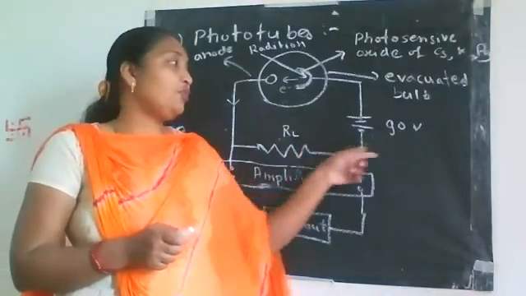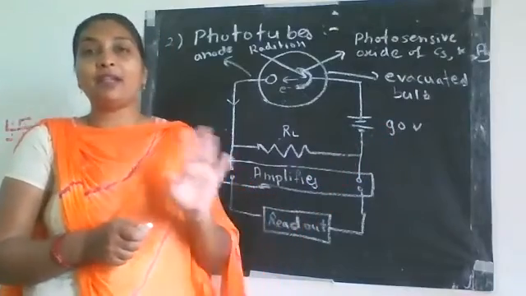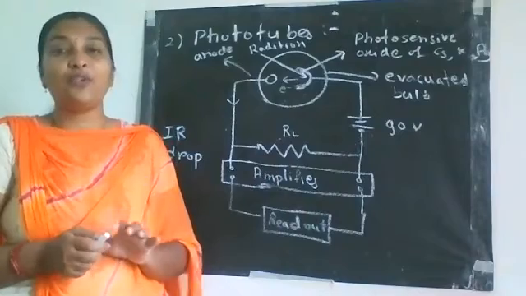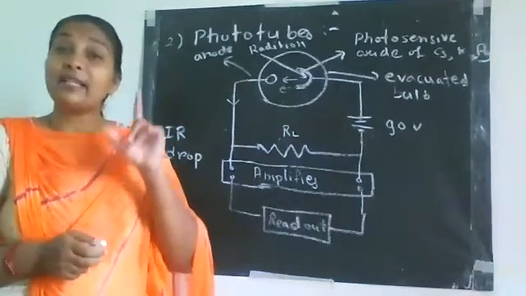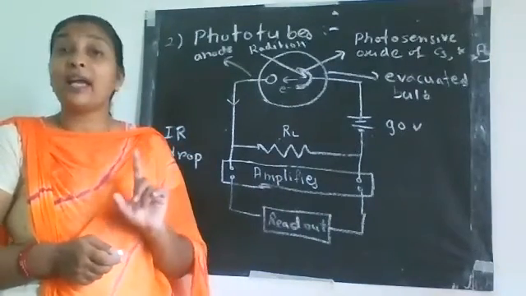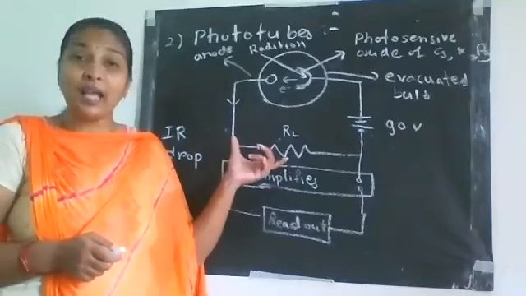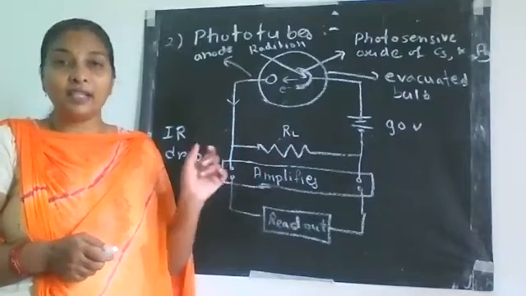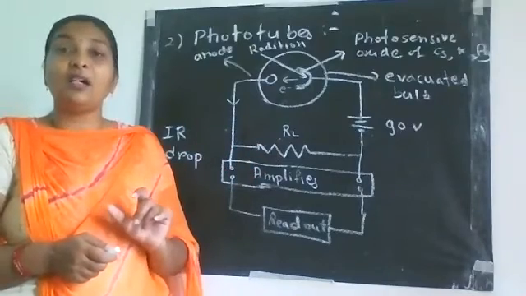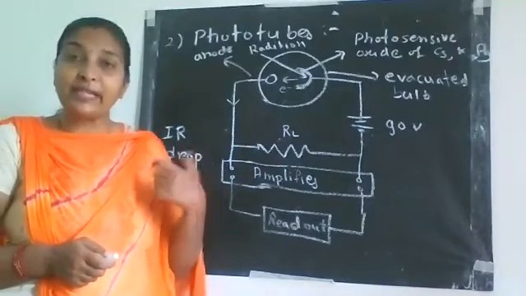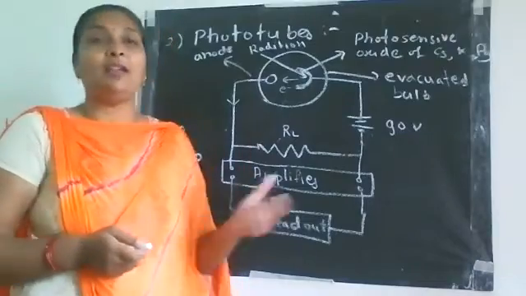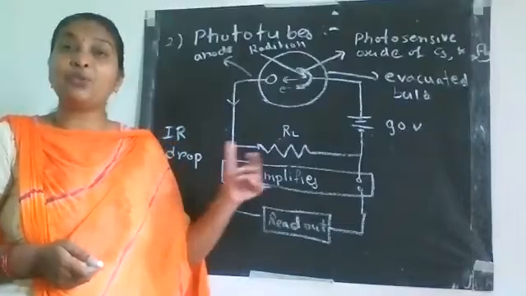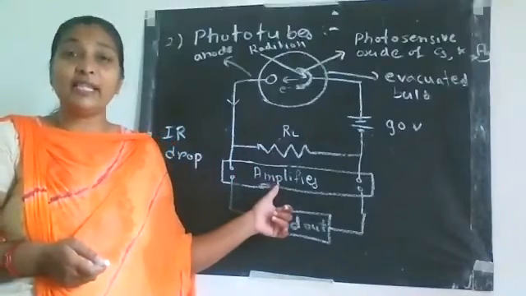First is what? Here the use of battery is necessary. If battery is not used, we cannot use the photo tube. So this is one characteristic of the photo tube. Then the second thing, we can call it the advantage of photo tube. See, the internal resistance is high here. In photo tubes, the internal resistance is high. As a result of this, the current produced or whatever signal is produced is easily amplified. So this is the advantage. Whatever signal we get, due to high internal resistance, it is easily amplified.